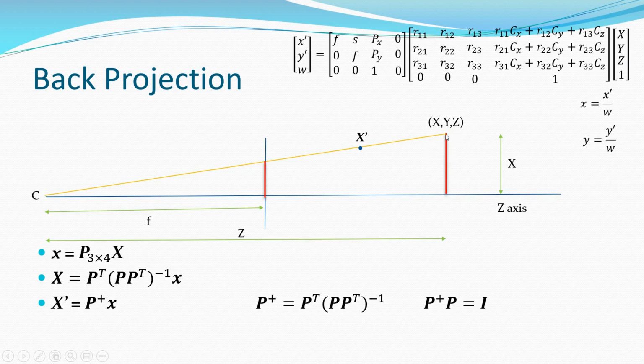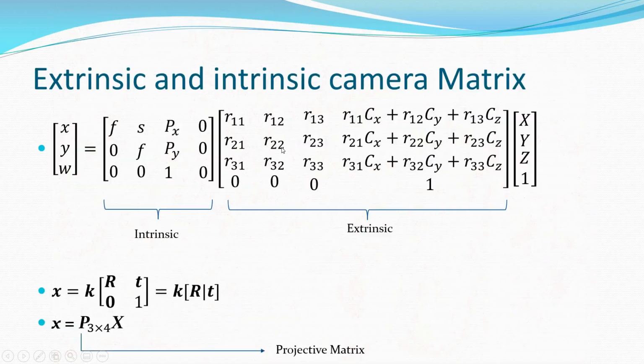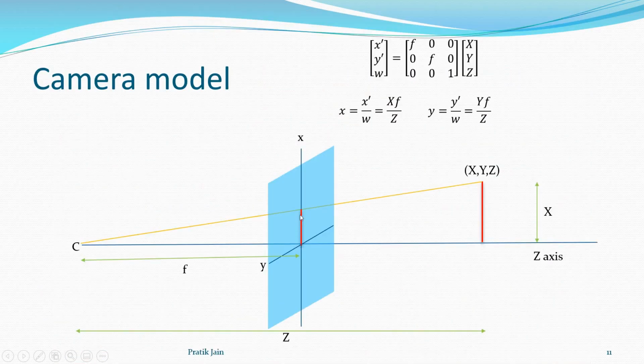So if you consider this point, it has a 3D world coordinate of x, y, z, and this is projected to the image plane over here. So the corresponding 2D coordinate is this x comma y. This is an image plane, and on that image plane you have got a point that has some small x and small y coordinate. So this was forward projection, when you are projecting the 3D coordinate into the image plane.